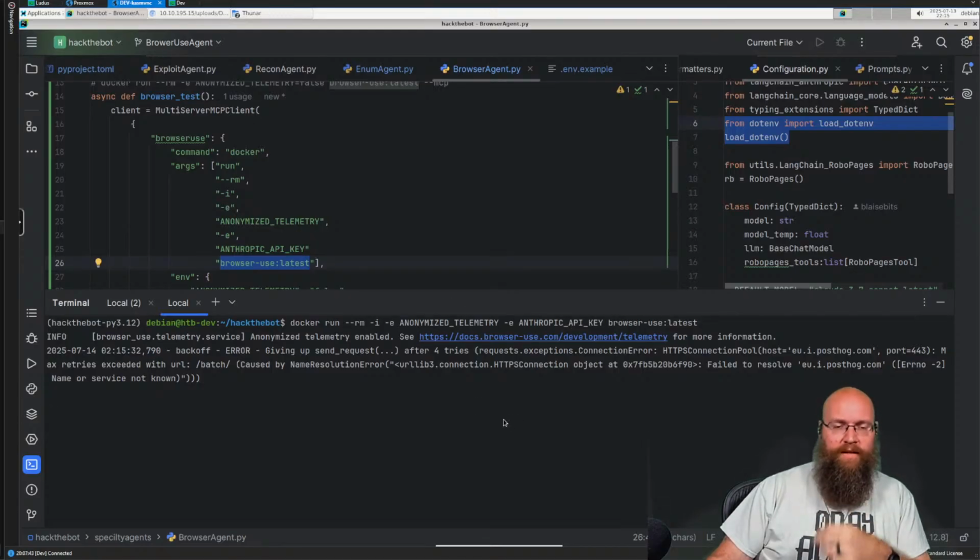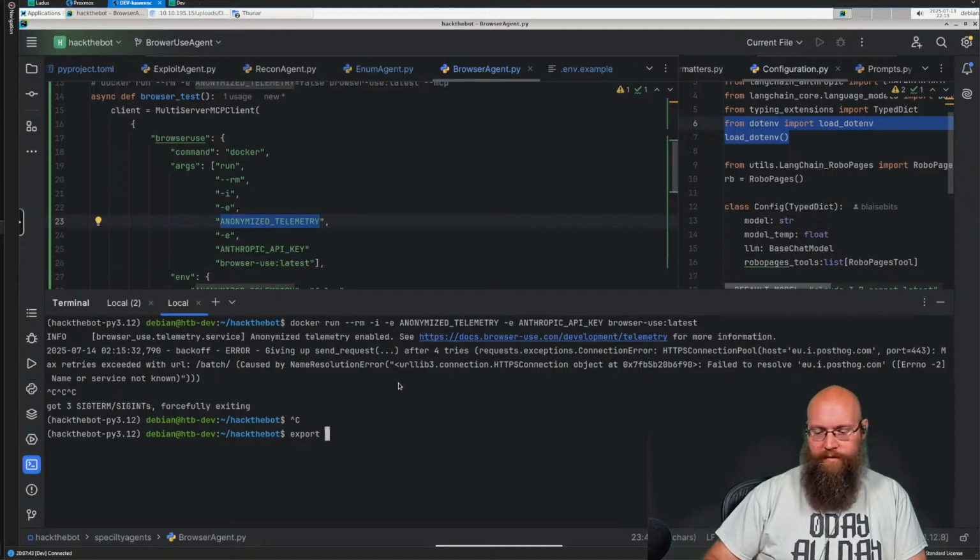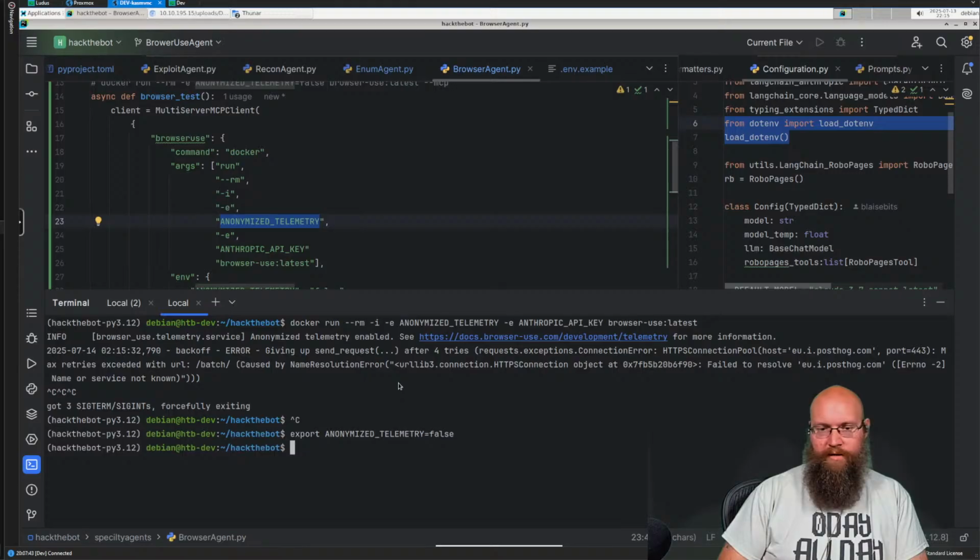And see, it's failing because, let me do this. Let's do something real quick. We're going to export this to get that error to stop. Export. There we go. We're setting it equals false right there.